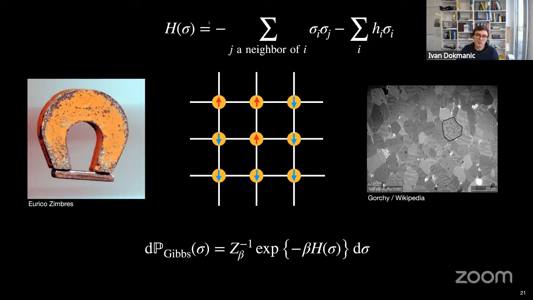And beta encodes temperature. So beta is something that we call the inverse temperature. So if beta is very, very small, this means that the temperature is very large, and the probability distribution becomes very diffuse. So many states have similar probabilities because of thermal fluctuations. But if beta becomes very large, then this is kind of a soft min function. It starts to concentrate on the minima of the energy.